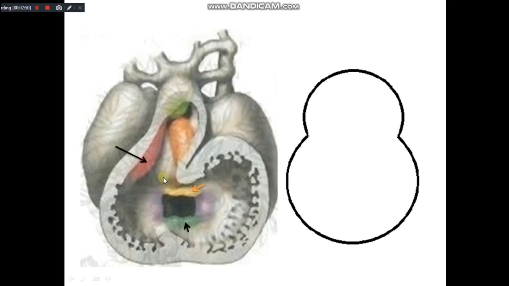Similarly, endocardial cushions appear on the walls of the conus cordis and the truncus arteriosus, the right and the left one. The right is indicated by the black arrow, and the left one by the green arrow. The right one grows up and to the left, while the left grows up and to the right. So once they fuse, they twist with each other, forming a spiral septum.